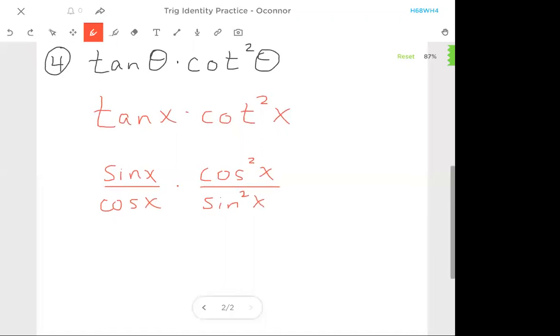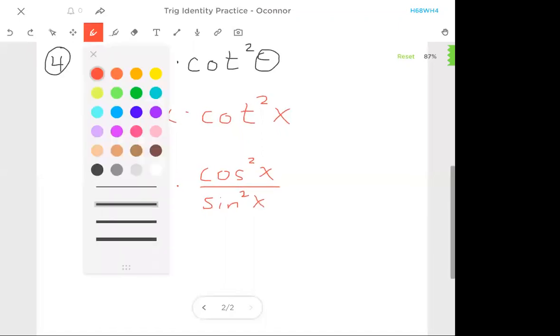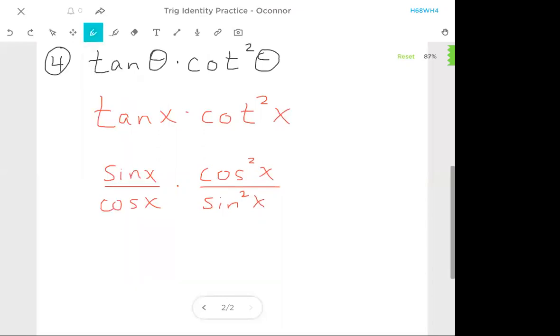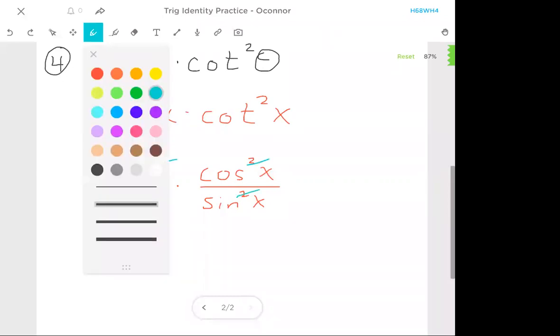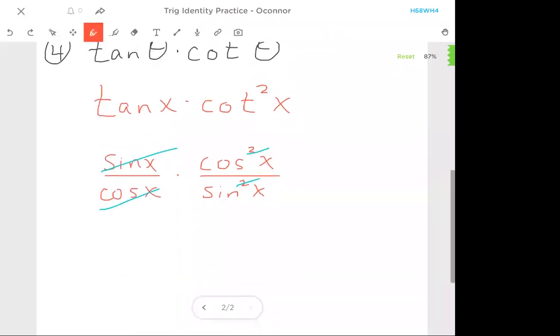All right, well now, I can cancel a cosine here and a cosine there, just like if you had y squared over y, you would cancel one from each. And I can cancel a sine there and a sine there,